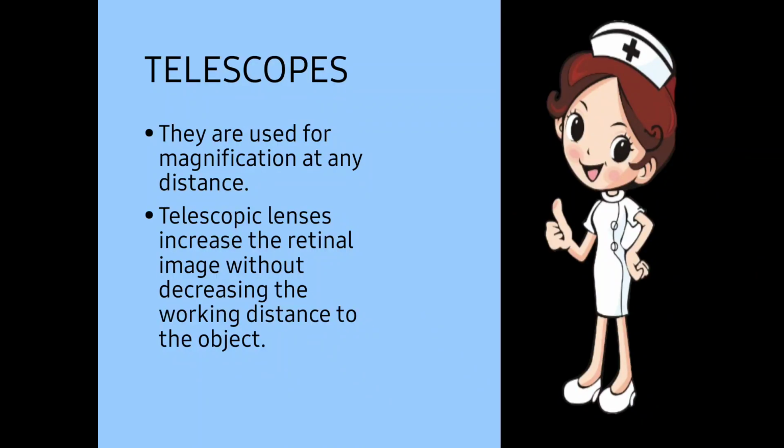Now here we are not supposed to change the working distance. Where we are standing, we can stand there and we can focus at the object which is far away from here, and it will give a big retinal image. A big image in the retina will be formed. In simple words, we can say that we will perceive a big image.